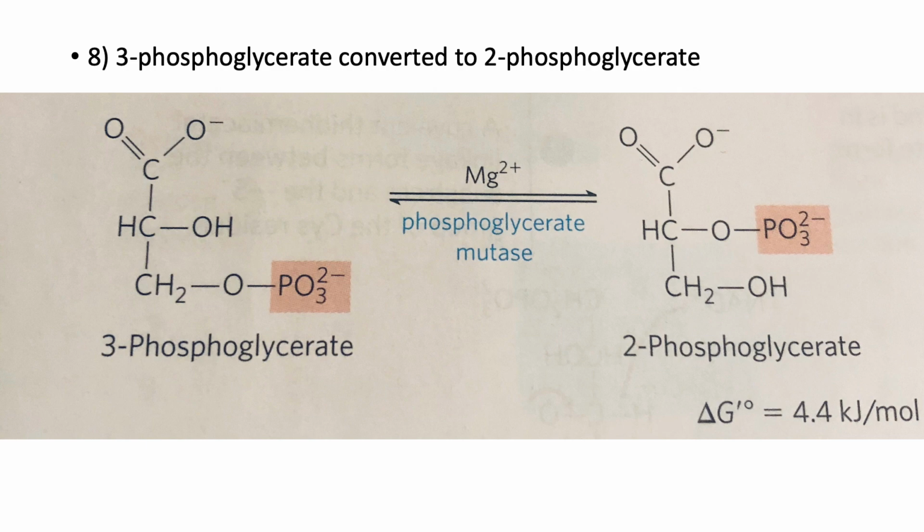The next step is a conversion of 3-phosphoglycerate to 2-phosphoglycerate, and this is the enzyme phosphoglycerate mutase, which creates this transformation here. It's an energy-consuming step using magnesium as a cofactor. And in this particular operation, you have a histidine, which is used. The histidine has a nitrogen on it, and the histidine will pick off this proton here